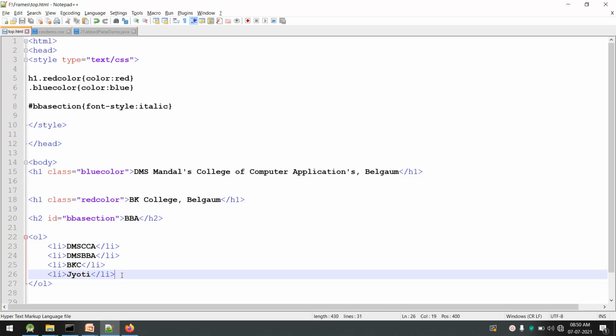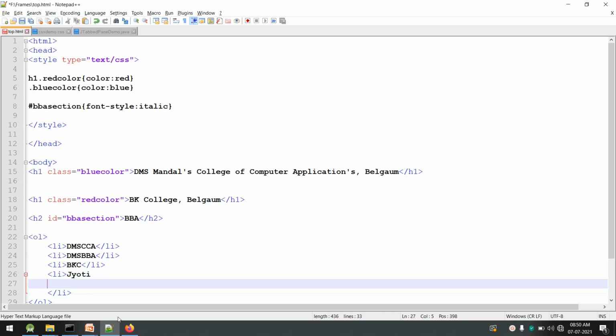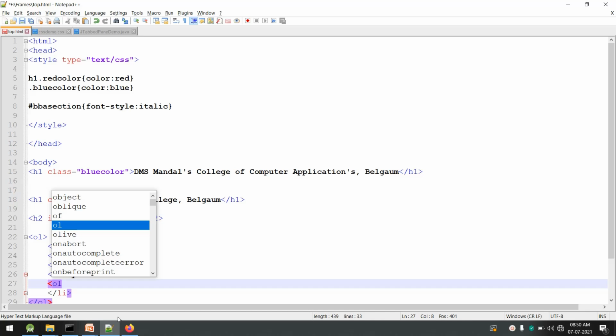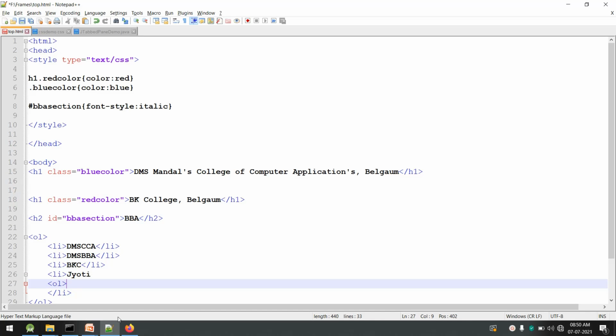It has to be inside the li itself, so before closing the li, I'll press enter, and inside that I'll add one more OL. A list inside a list can be created, and we have studied this before as well. So again one more list inside Jyoti by using OL.